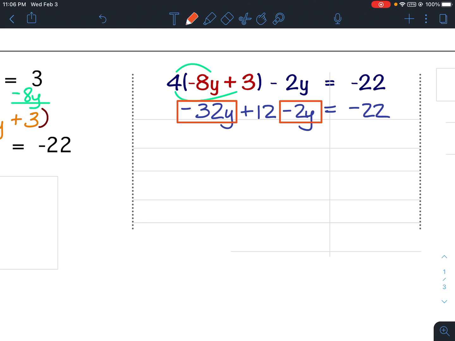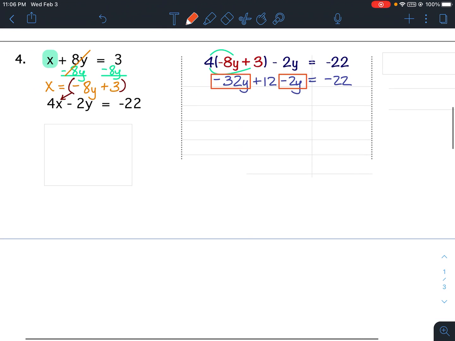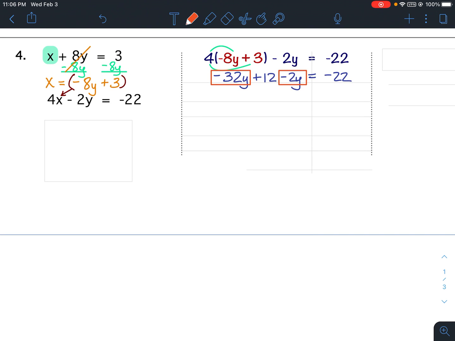So that is all the farther I'm going to go there. So you will continue to solve that problem. Notice that the variable terms will not cancel. If the variable terms will not cancel, that means we're going to have to use this equation right here to find the